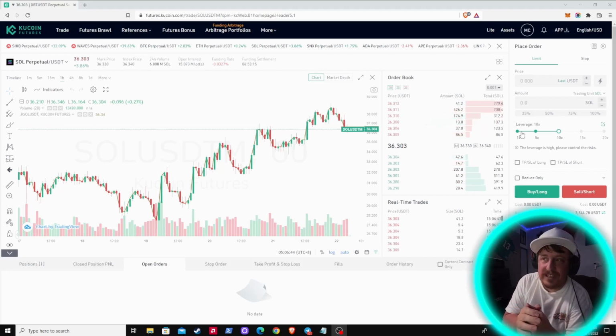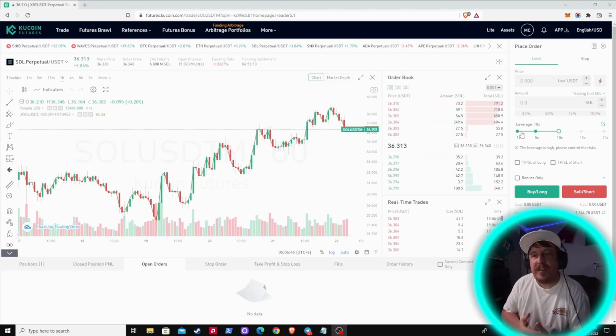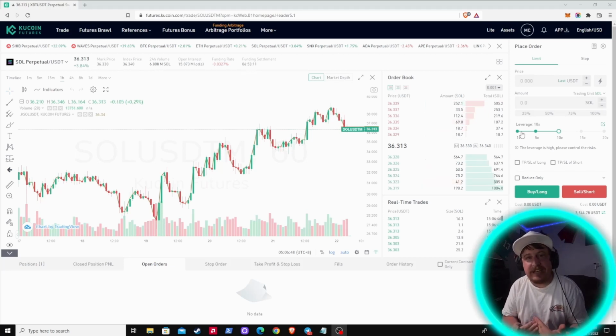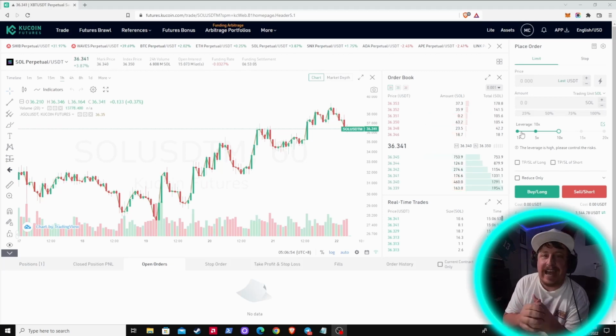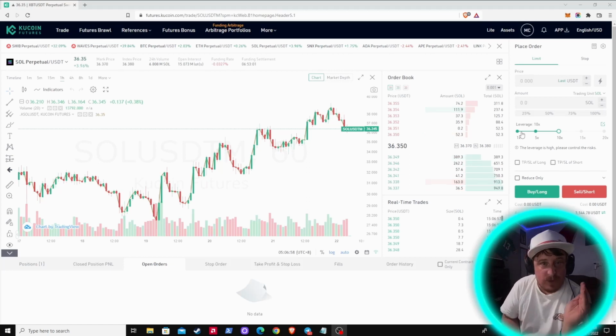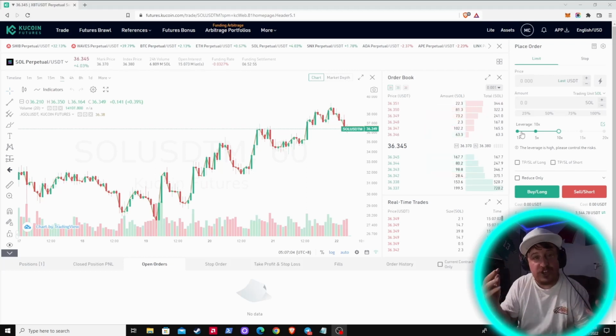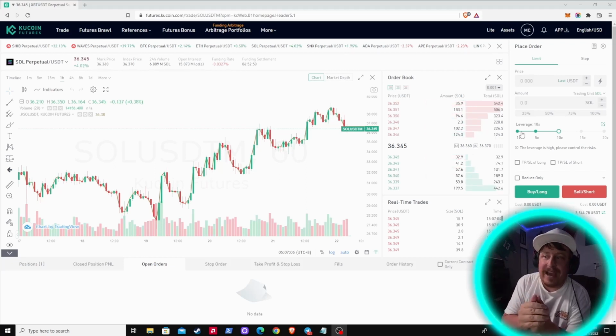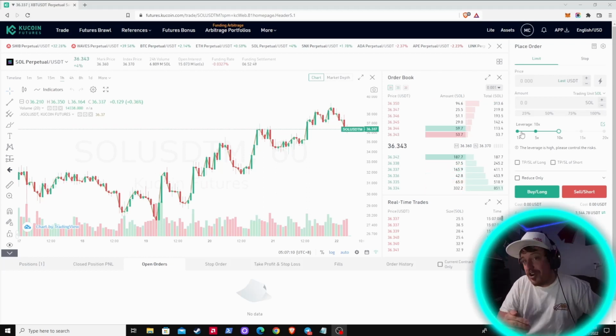So if you're using just 1x, well, then the coin would have to drop 97% for you to lose all the money you invested in that leverage position, right? Which obviously isn't most likely to happen. But as you start using things like 5x, now I told you for every 1% move on 5x, that's 5%. So a 20% move out of the coin would be 100%. So you've got to imagine that about a 19%-ish move out of that coin in the wrong direction for you.